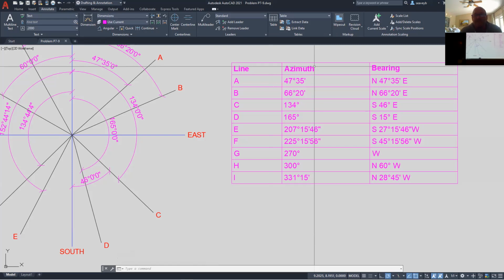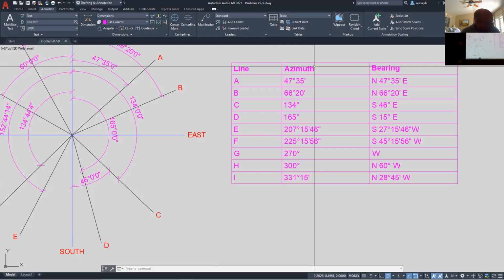I think on number 710, we've already drawn this stuff, but yeah, we've already drawn this, but what I'm going to do instead